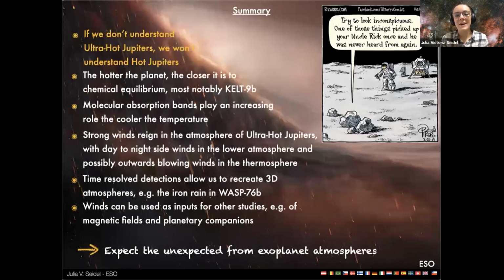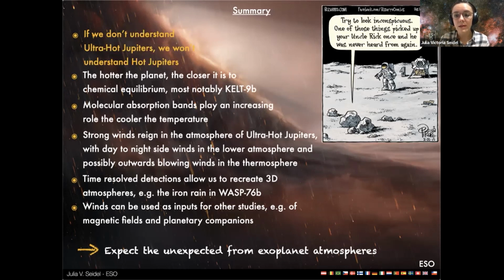So in summary, there's really just lots that we don't know about exoplanet atmospheres. They're very elusive, with three photons that they send us every now and then. And I think the takeaway is if we really don't understand our techniques when we use them on ultra-hot Jupiters, we won't understand hot Jupiters and we won't understand smaller, cooler planets. And that we can learn something about winds from resolved spectral lines. We know now that in ultra-hot Jupiters, at least, the upper atmosphere shows very strong outwards-pushing wind that kind of propels